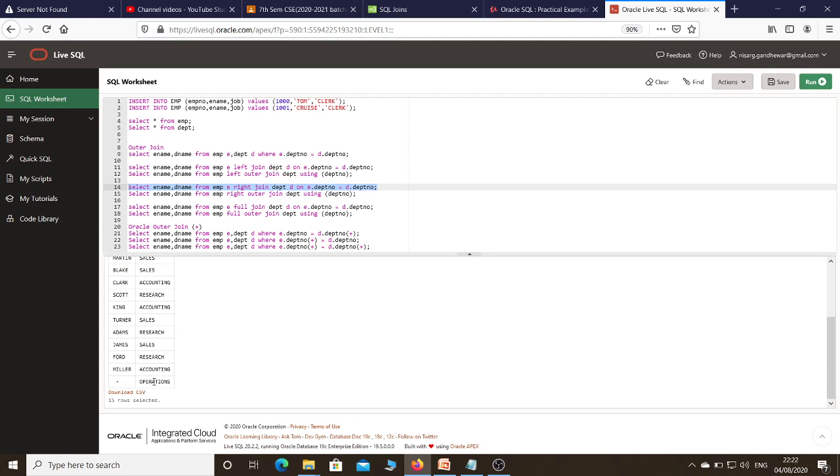Here you get one additional row with department name operation, but here blank is there. Why is it so? Because we have seen in the employee table that department number 40 is not allotted to any employee. That means in the operation department no employee is allotted. That means in the department table one additional row is there called operation.